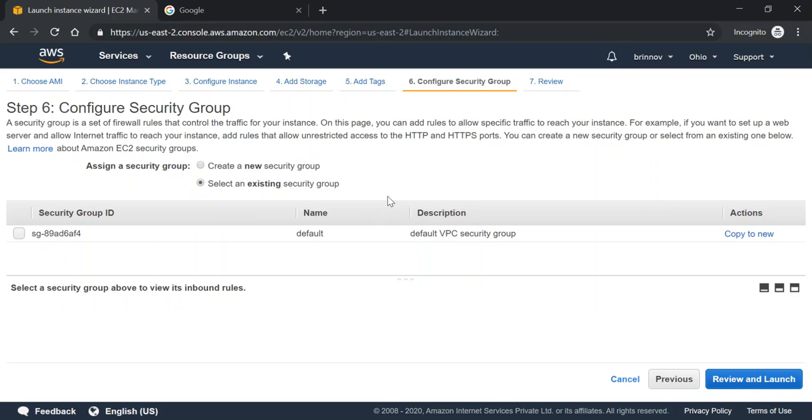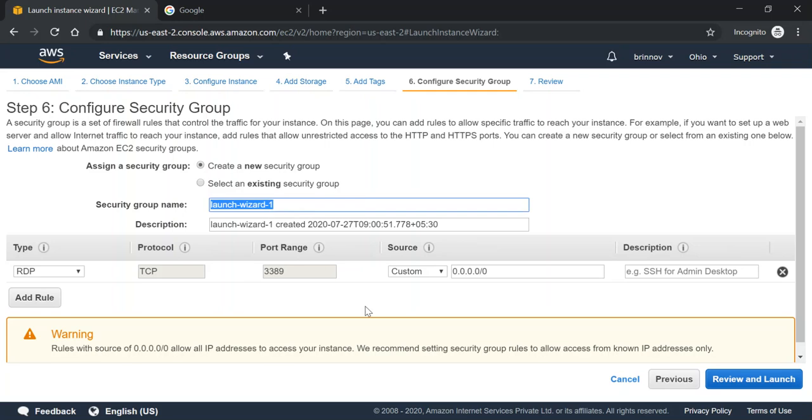Usually websites will be accessed through port 80 or 443. Port 80 belongs to HTTP and port 443 belongs to secure HTTP, that is HTTPS. Now I don't have certificates, so I just choose the default port 80.